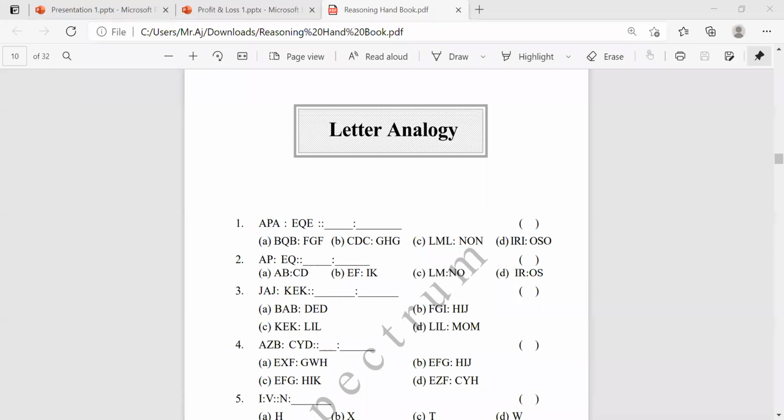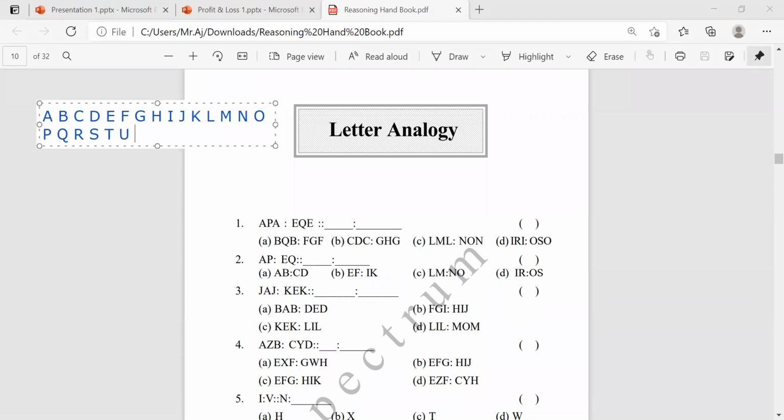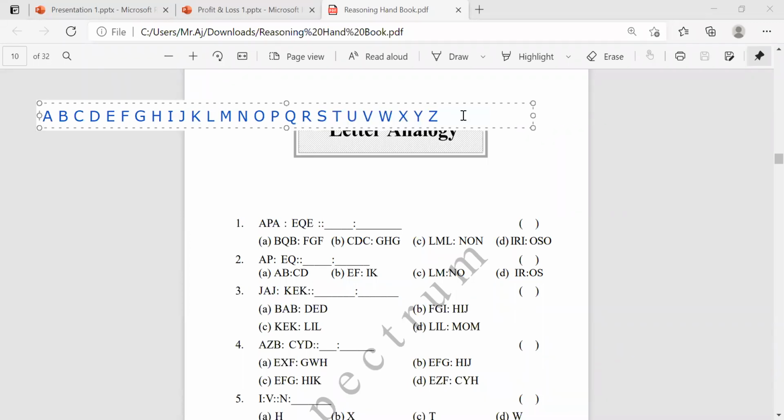What you need to learn first of all is the A to Z numbers. That's nothing but ranking. We know the A to Z ranking. What is ranking? It's nothing but numbers. A, L, M, N, O, P, Q, R, S, T, U, V, W, X, Y, Z. Hope you people remember these numbers also.